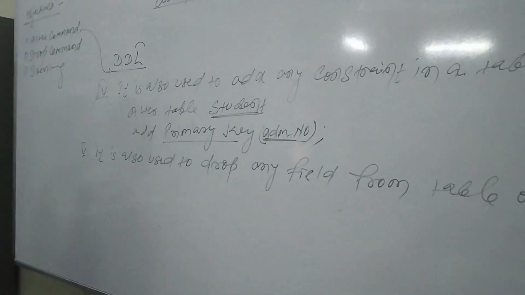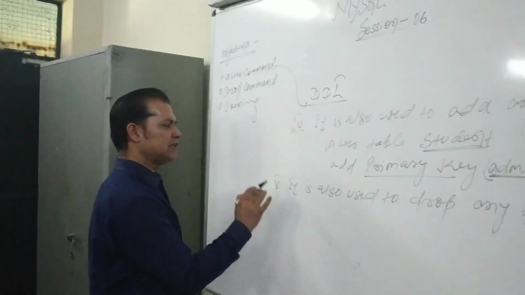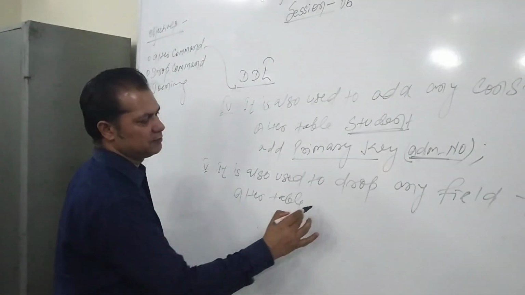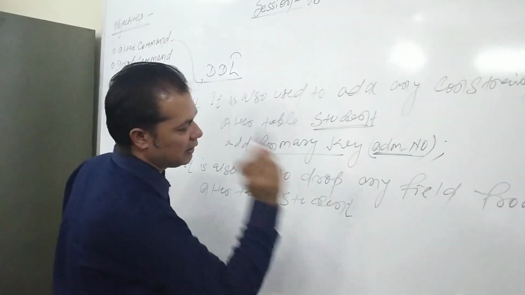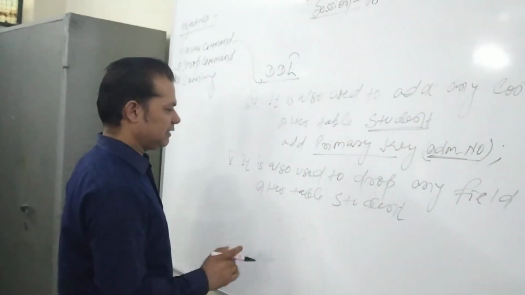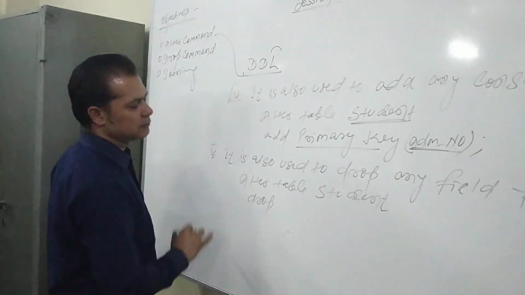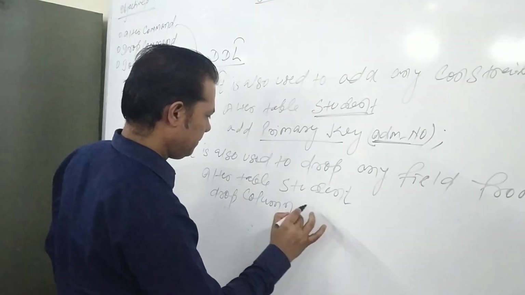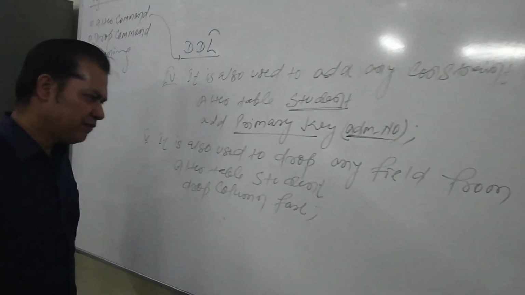Let's see how to delete a column permanently from a table with the help of the alter command. So alter table, the table name is of course student, and I want to delete the facts column that I lastly added into this table. So alter table student, then we have to say drop column, name, that is facts. This is one way.